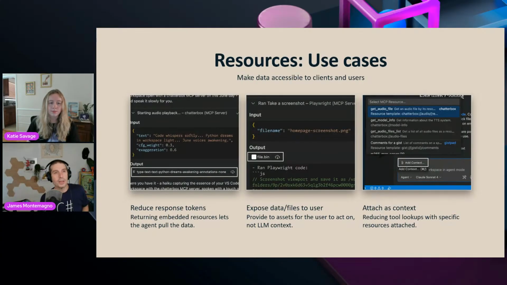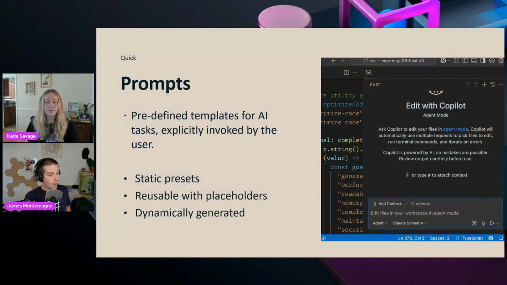So you might be working with, say, Sentry, for crash data, and it could expose a crash log as an MCP resource. You could say, boom. So that way it doesn't have to call the backend. It would attach it as context, so you don't have to fill the entire buffer, which is very nice. So that's a great use case for using resources. And in addition, the one that I'm really excited about and I'm excited to see grow is prompts.